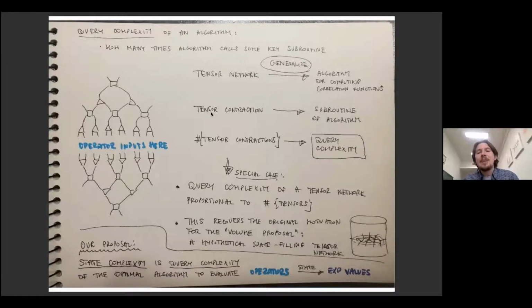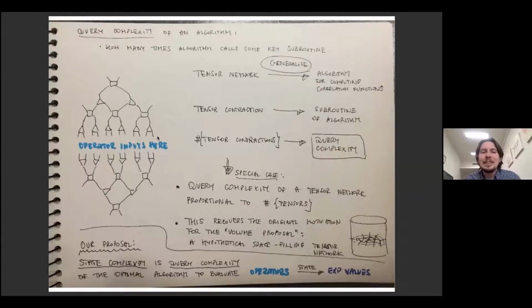Okay, so now a tensor network, as an algorithm, consists of a sequence of tensor contractions, yes? So if I want to generalize this picture, I have to ask myself, if I imagine that the state is an algorithm, there must be some subroutine in the algorithm which is being repeated over and over. In the original motivation for the volume proposal for complexity, Lenny and others imagined that the spatial slice of AdS is like a tensor network, and then they said complexity should be volume because that's how many tensors there are in the tensor network.